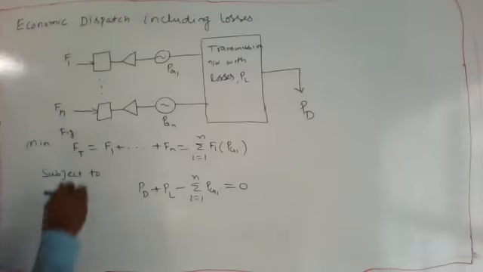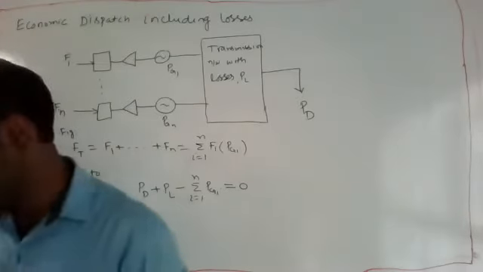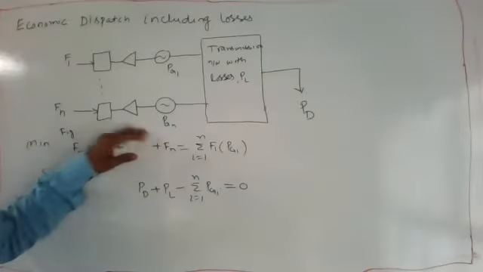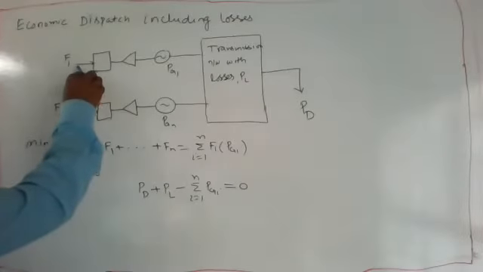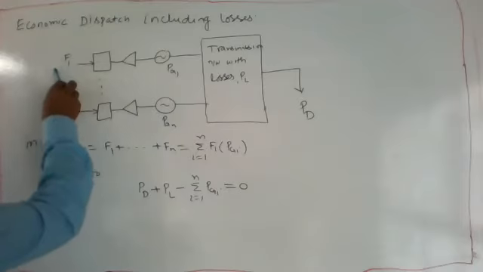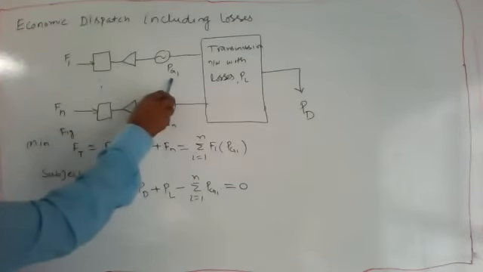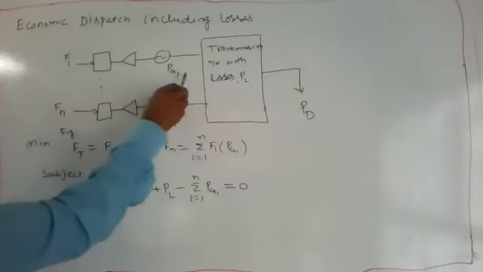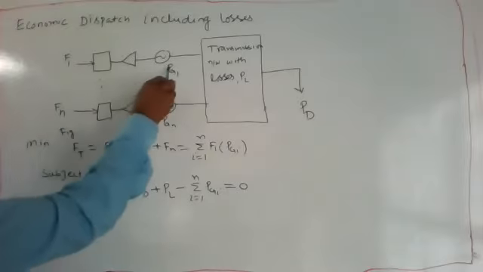So this figure shows n units, in general n thermal units serving load through a transmission network. So this is the figure. There are a total of n generating units. Each unit has a cost F1, which is a function of Pg1. This is the cost which we are giving to this unit, and which generates power Pg1.